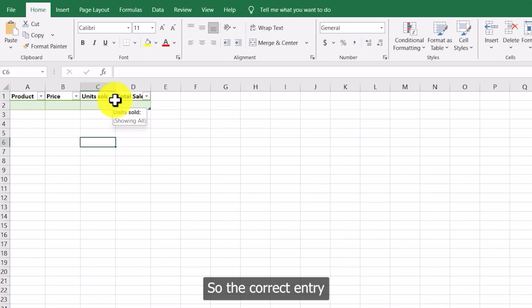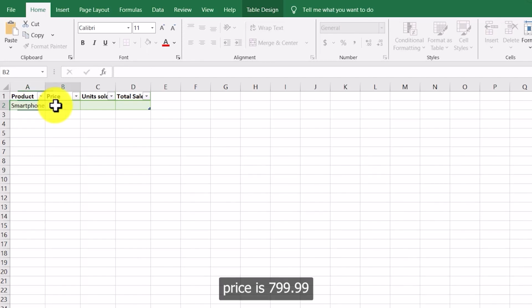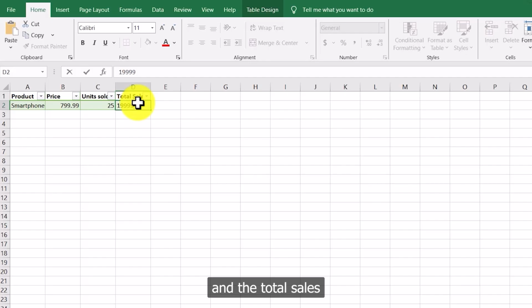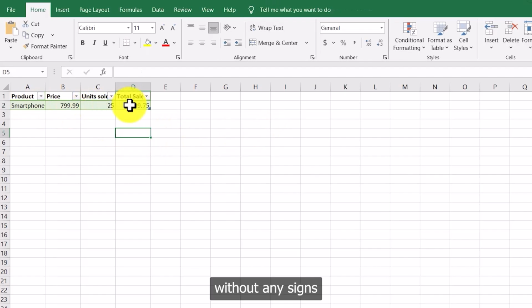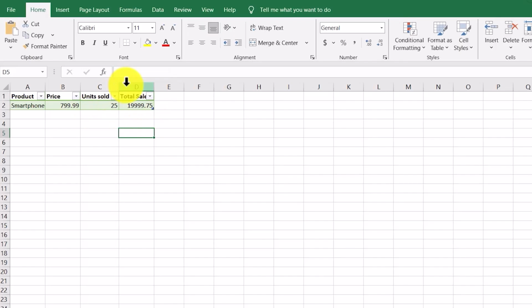So the correct entry should be numbers entered without symbols. For example, the product is smartphone, price is 799.99, units sold are 25, and the total sales is 19,099.75. So the correct way is to write this without any signs and without any extra detail. This is the correct way